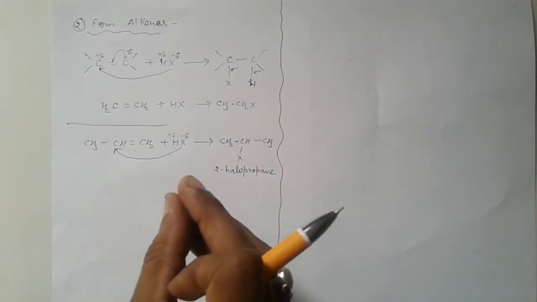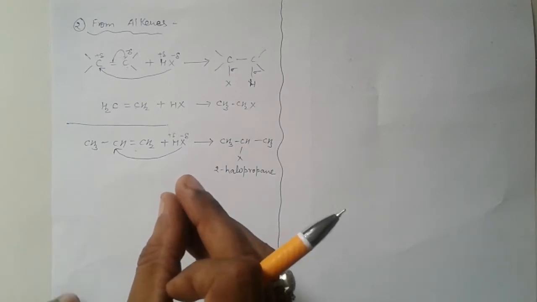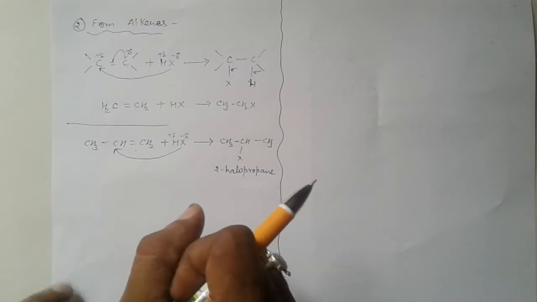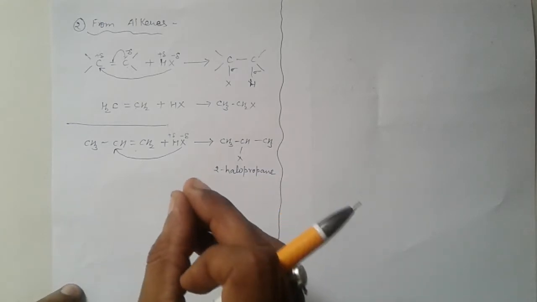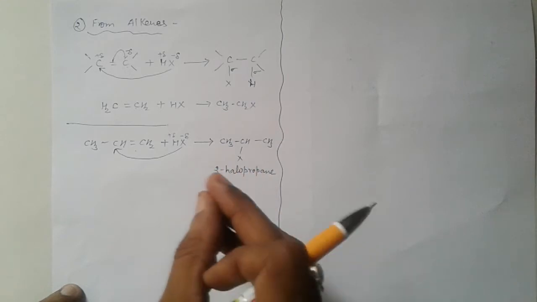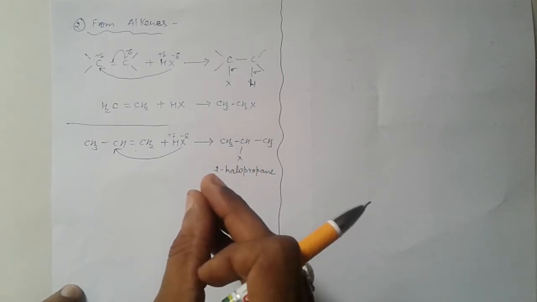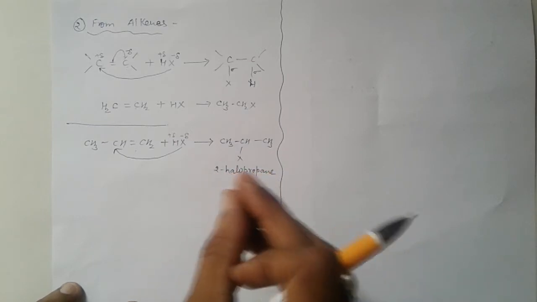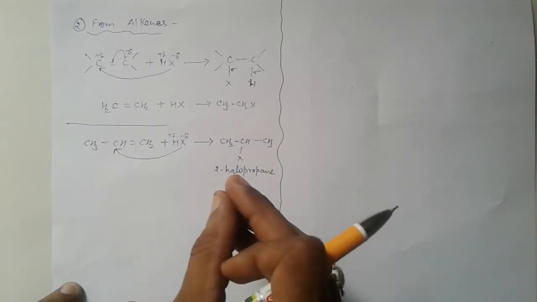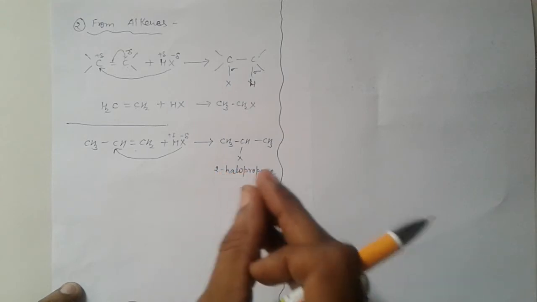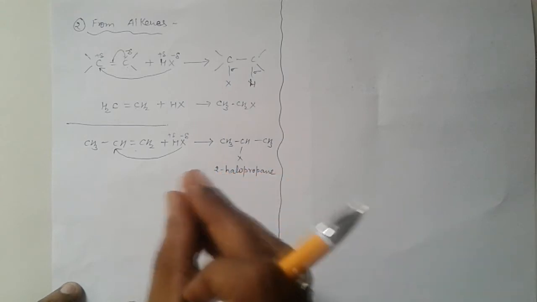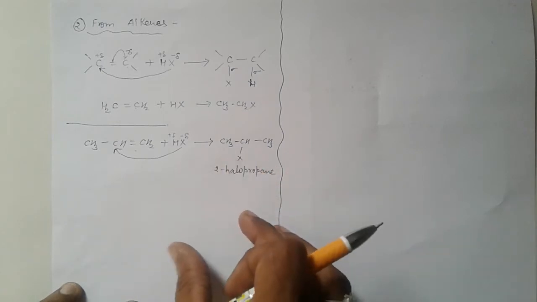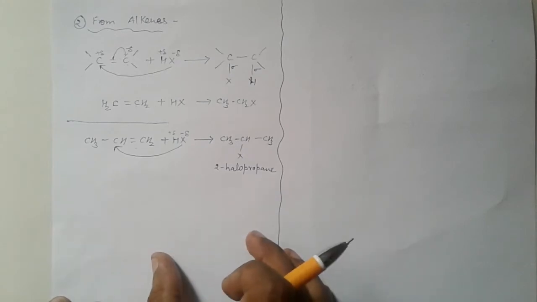It has been observed that when HBr is added to an unsymmetrical alkene in the presence of an organic peroxide such as benzoyl peroxide, the reaction takes place against the Markovnikov rule. It is known as the Kharasch effect, peroxide effect or anti-Markovnikov rule. We discussed this in class 11th. For example,